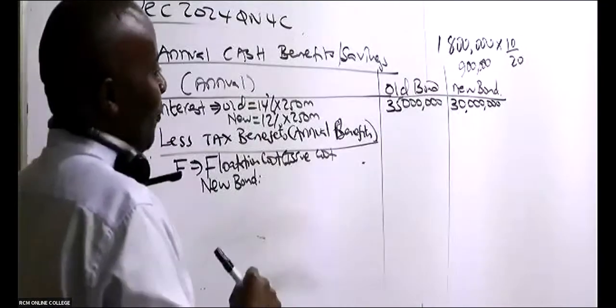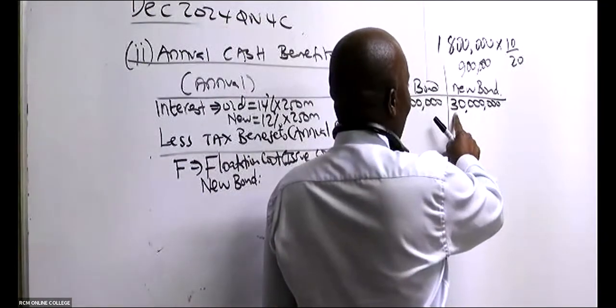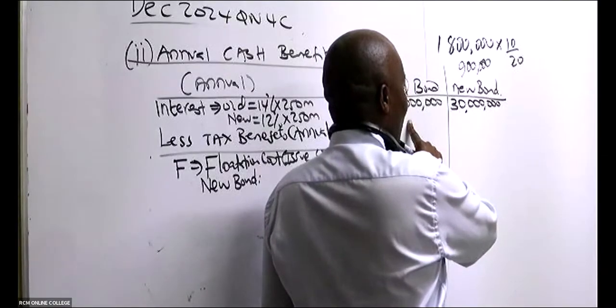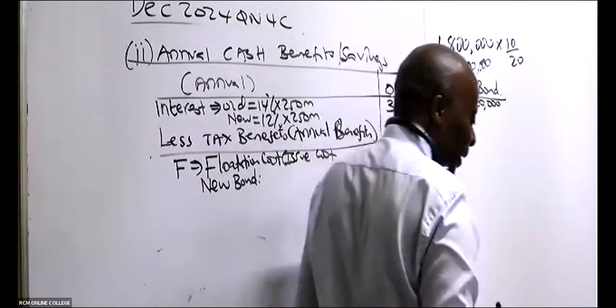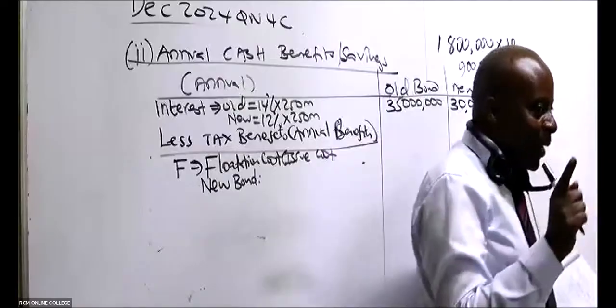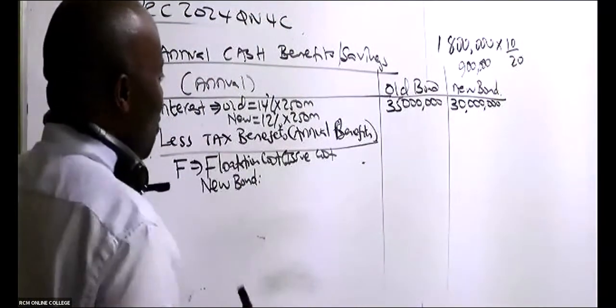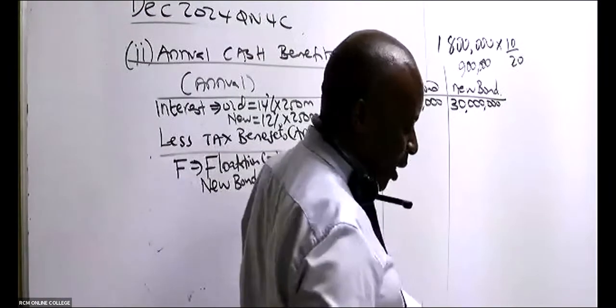Again, if you were to divide this by 10, you start paying 3 million, and you are paying initially 35 million. When the deal is too good, it can't happen. You save all that money, 35 million to 3 million. It cannot happen. So then let's get now the issue costs. So issue cost, what do we have here? For the old one, here is where we are not agreeing now.